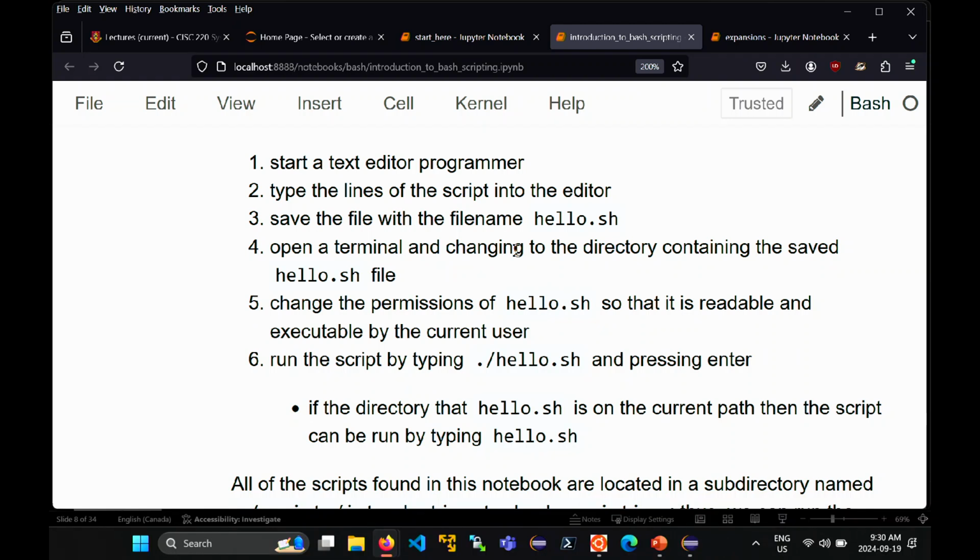All right, so we were talking about creating bash scripts, so I should show you how to make a bash script. A script is just a plain text file that contains a bunch of bash commands in it. So any way that you want to make a plain text file on your computer, that's where you begin. So I'm going to make that hello world script,